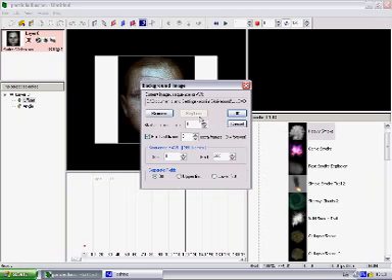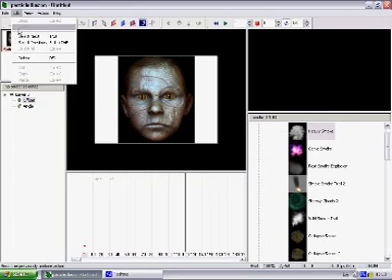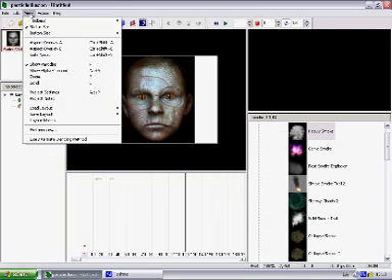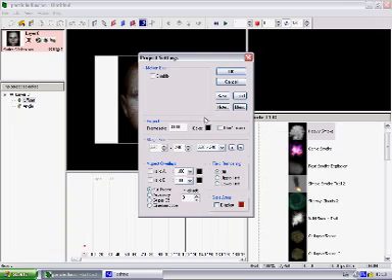It might tell me that the frame rate is too low. If it tells you that the frames are not as it is set in the program, you see, here's the frame rate.